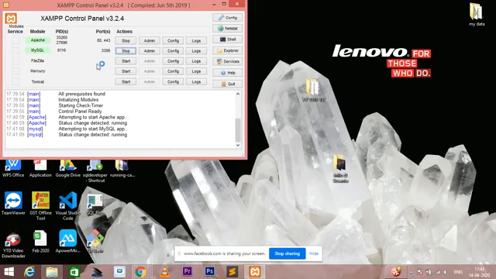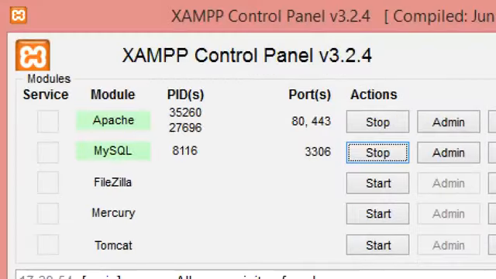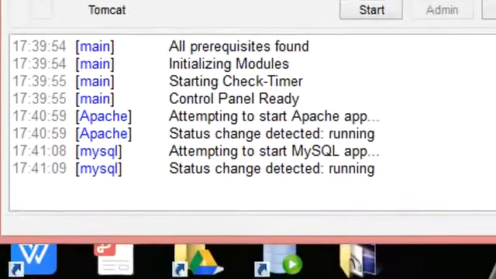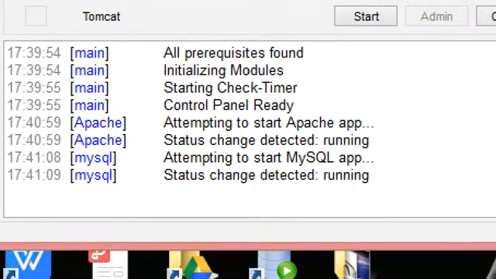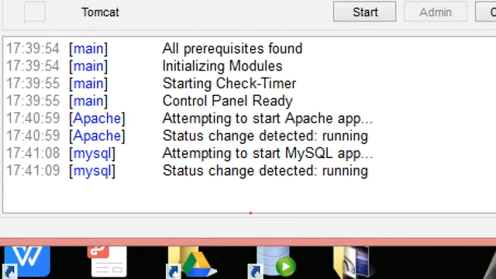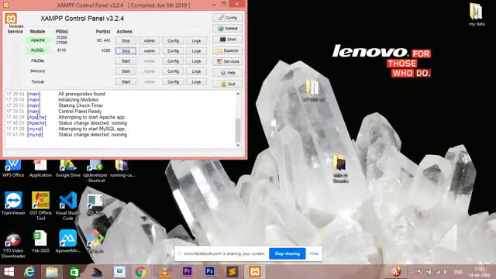Again I zoom in, and this is the entire content. This is showing that Apache is running, and MySQL is running here basically. So this is the first message that Apache is running, and this is the second message that MySQL is running here. After the server is on, we copy and paste the entire content.